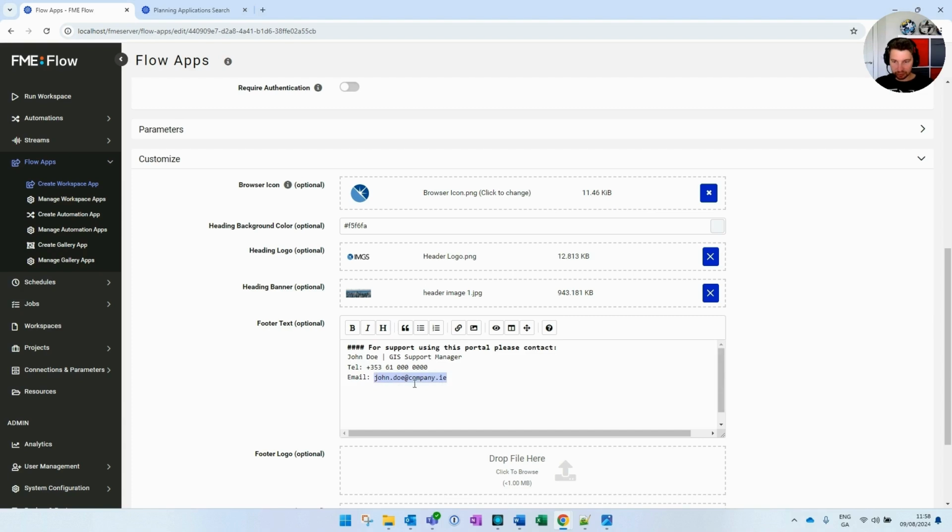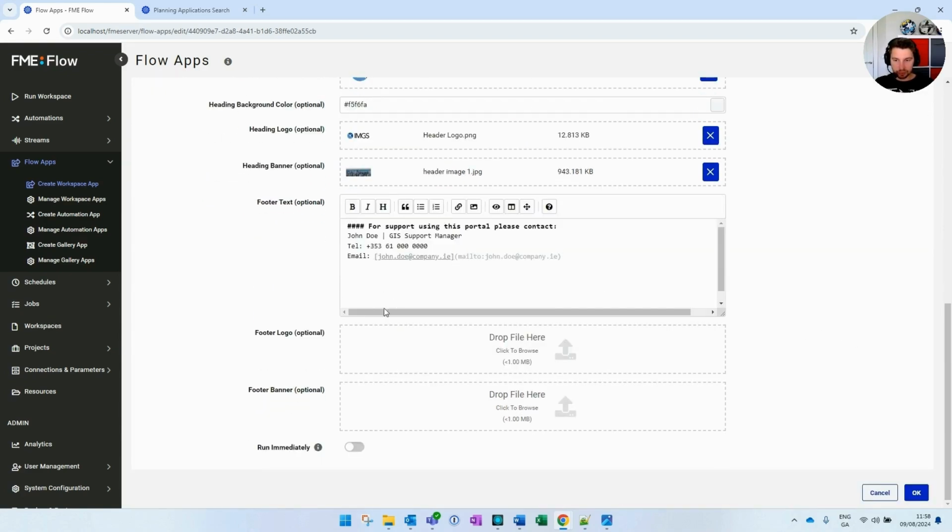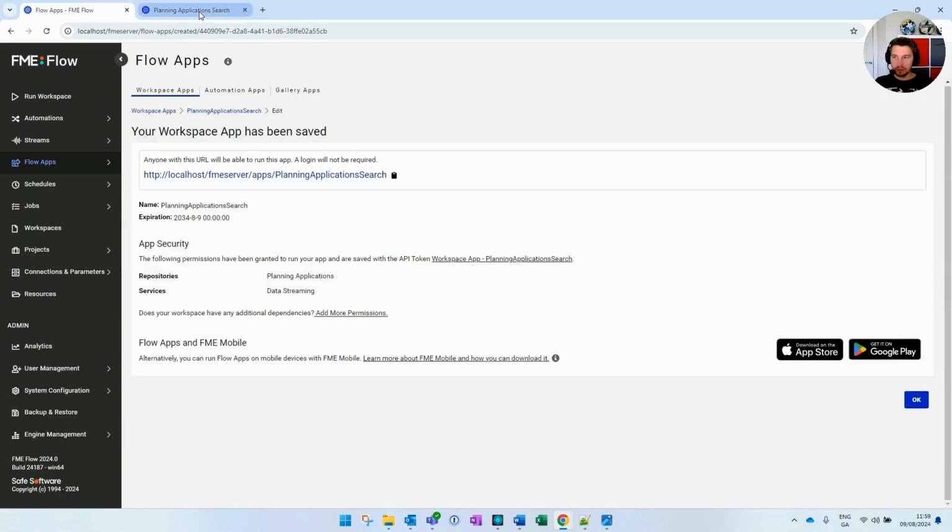For example, we can create a link out of this text, and instead of using an HTTP link, I will just add a mailto link, which will allow you, if you click on this link, to automatically open your preferred mailing application. If we go back to the application,